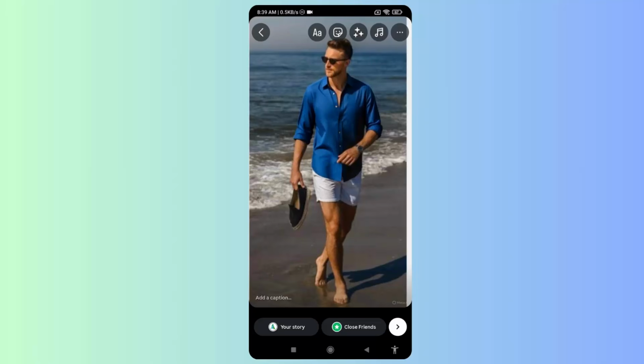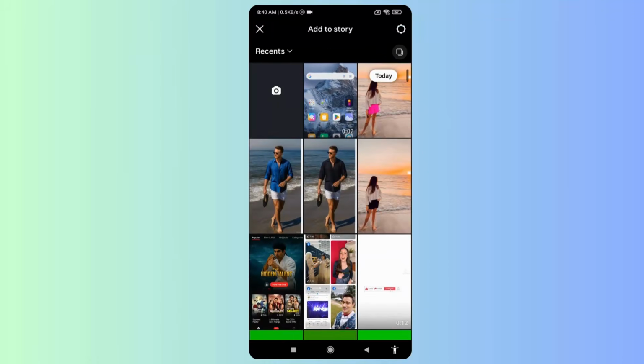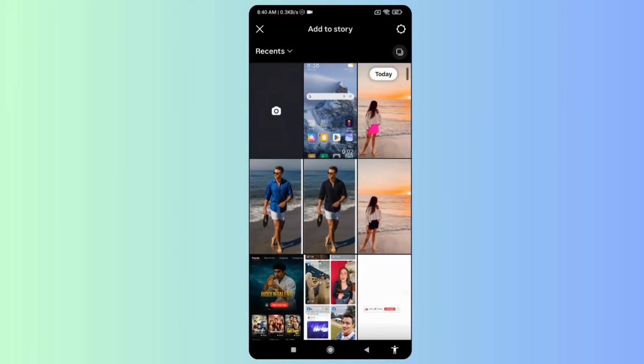This unique feature includes add, remove and change the color of the objects in a photo. So if you also want to do the same thing, then watch this video till end and know how to change the dress color in Instagram story. So let's start. So what you have to do is simply open Instagram first